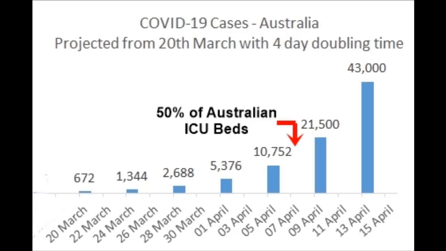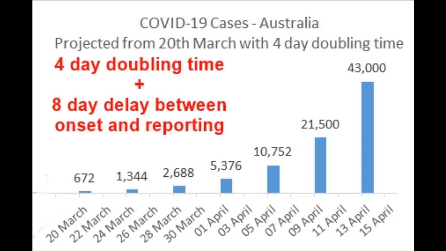Now, it may not be till mid-April to late April because there's a little bit of delay between the time the cases have onset and they need ICU. But it is around about that time based on these projections, unless we do something very different and very decisive. So here's why we have to be very decisive and why so many countries get surprised. They put in all sorts of interventions which they think are going to be effective. Sometimes they think they're even draconian interventions, and then it's not enough and they have to go harder and harder again. So this is the problem.